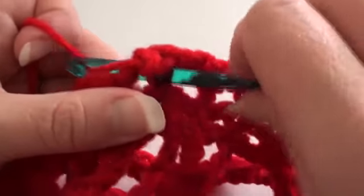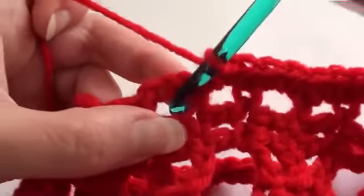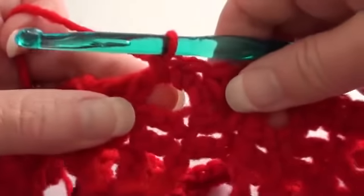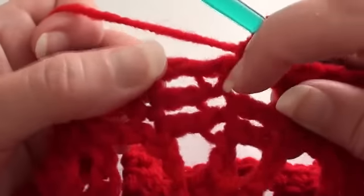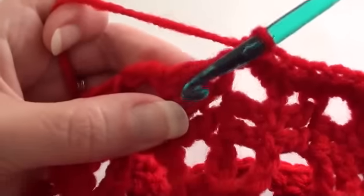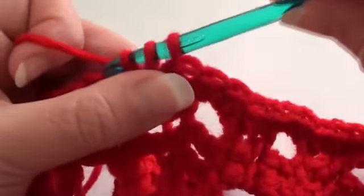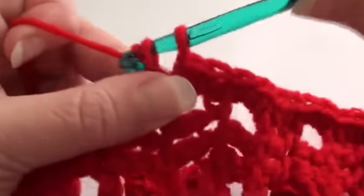So 1, 2 single crochet there, and then we've got a chain here, 1 single crochet, 2 single crochet into that chain, and then we've got a double crochet. Just pop your finger through, as you can see that there's that part there. You don't want to work in there, you want to work into this larger area. So 1, 2, and here we've got a chain, 1,